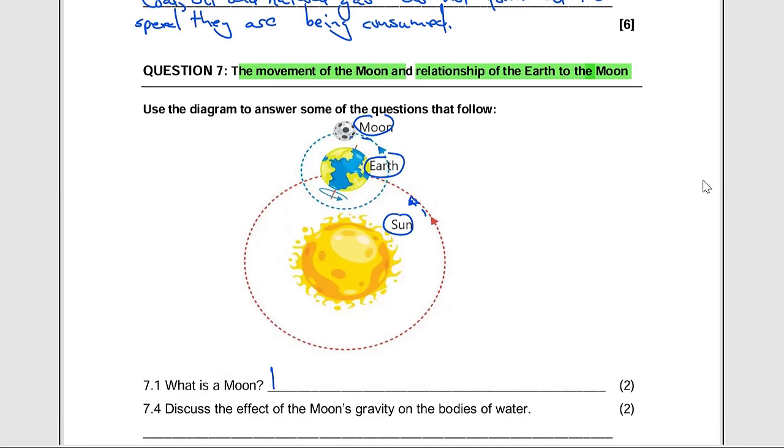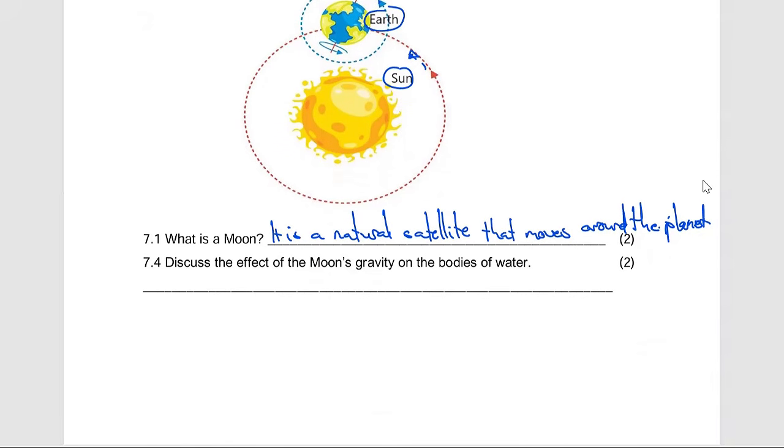It is a natural satellite that moves around the planet, like that. Then moving on to question 7.4, which says discuss the effect of the moon's gravity on the